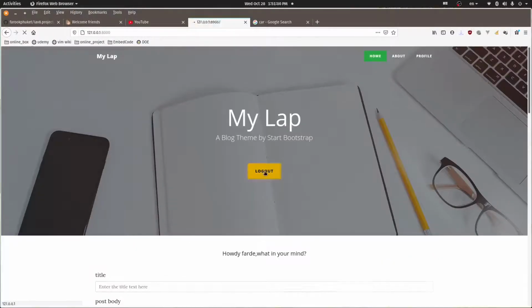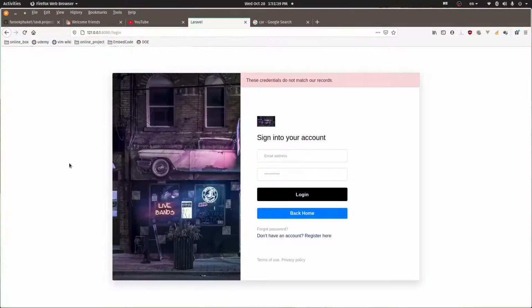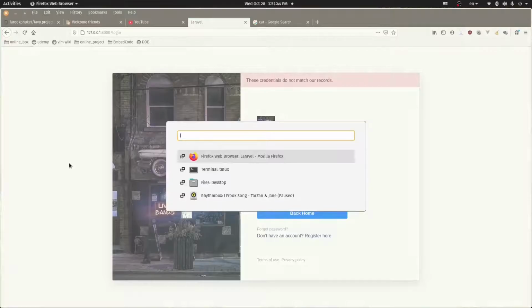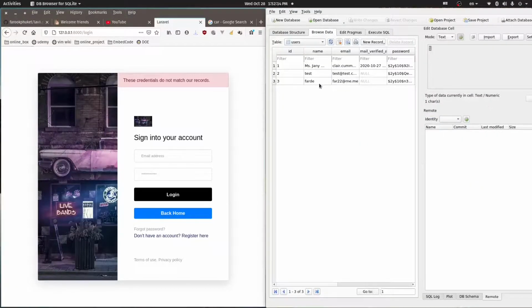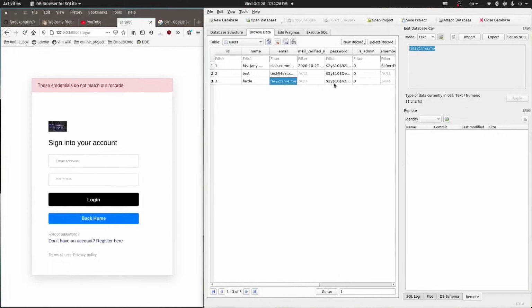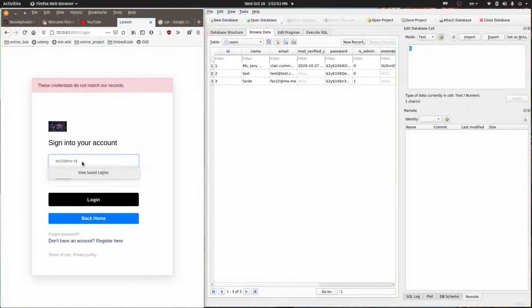Now log out and log back in as an admin. Well, this error. I think I don't have the admins in here, so let's find it. Our database is on the desktop, DB, and I believe this one is DB sample. Okay, let's make file 22 the admin. So admin 1, apply, control and save. Okay, now we have the admin: file 22, admin.me, and the password is password. Login.